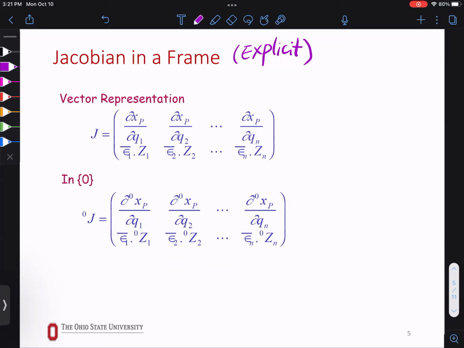So if you have used the PH method, if you don't know what it is yet, some of you know, the best way to find the Jacobian is to use this method. If you have POE, use any of those three methods we talked about. So this says that the Jacobian for the linear part is to find the position of your end effector and then differentiate with respect to all the variables,